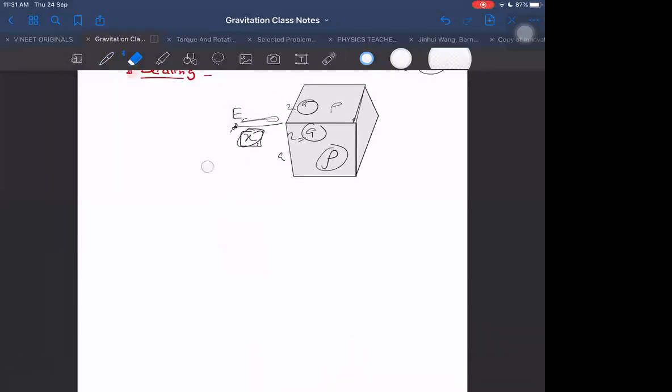Sir, doubt, sir. Yes, ask. Sir, in this case, E is directly proportional to m by x squared, no, sir? Yes. Then not x squared, m. It is completely wrong to say GM by x squared. How do you know? You are giving me the formula GM by x squared as if it is the formula. The formula is not even that. What is the formula for this? We don't even know. This formula is for point masses.